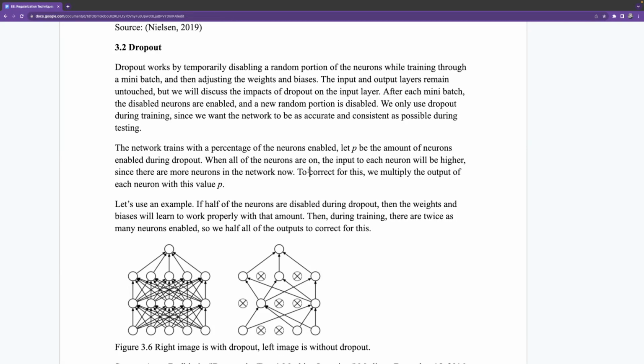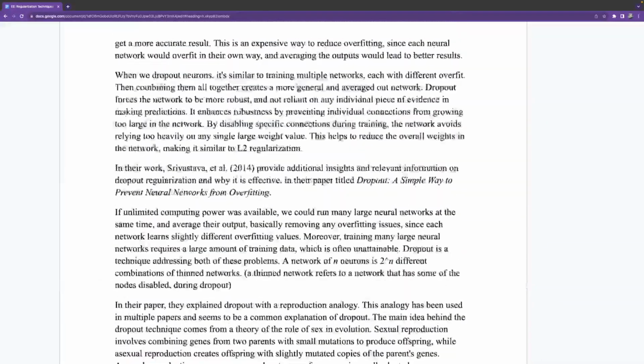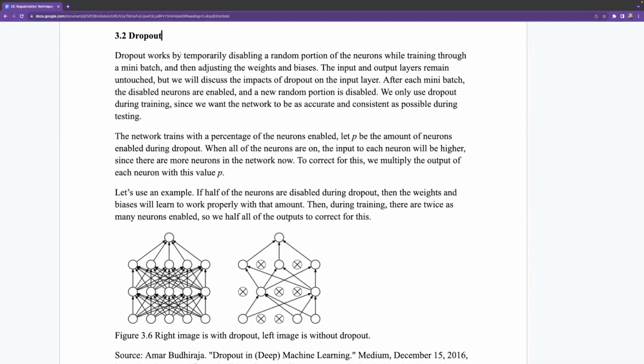Hey, so in this video I'll be going over Dropout and the main idea of how it works, as well as showing a graph of the way it affects accuracy in a neural network. So it works by temporarily disabling random neurons while training in the mini batch and then adjusting the weights and